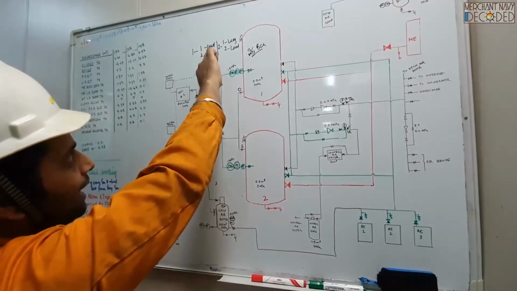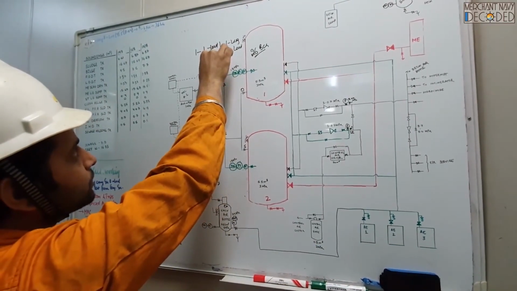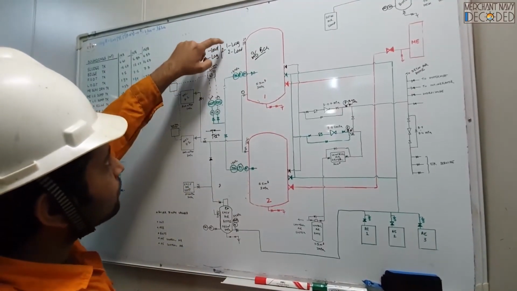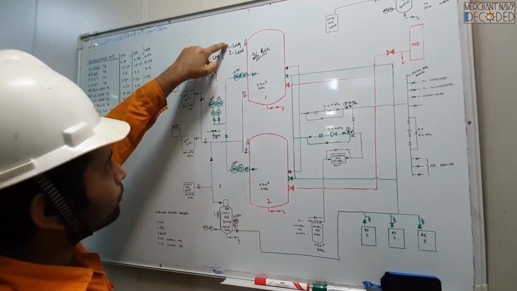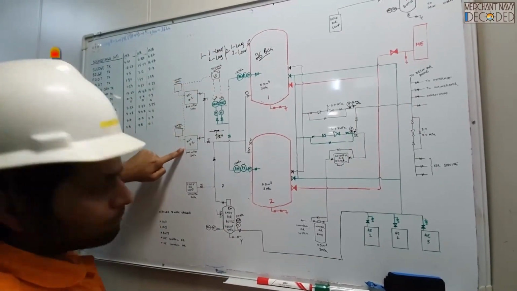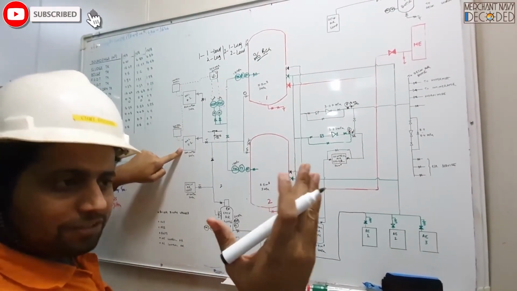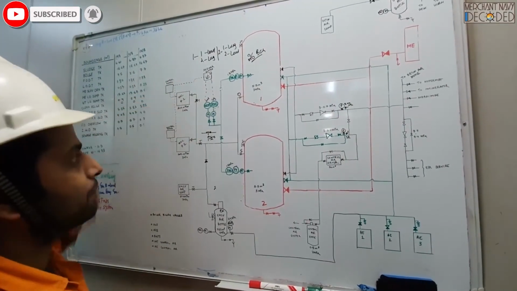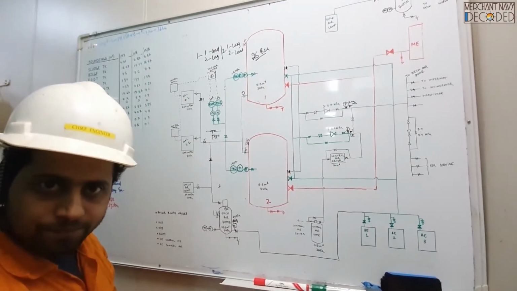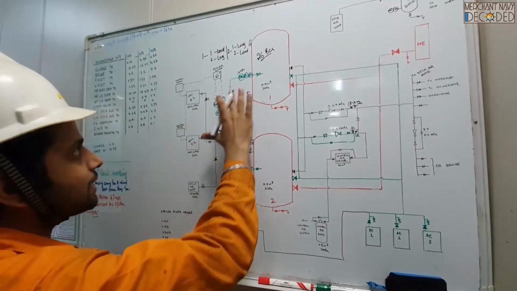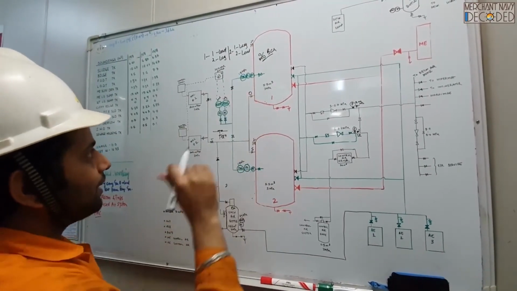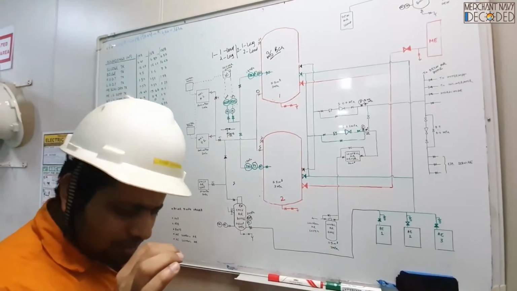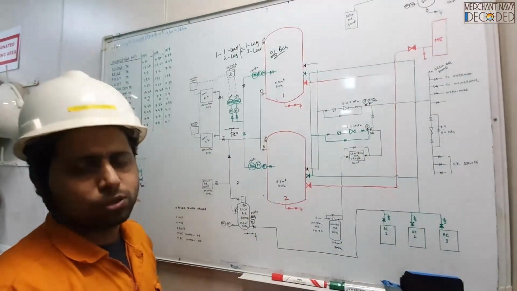So what you do is, after 1 month you change this selector switch to this one, number 2. So now number 2 is going to lead and number 1 is going to lag. So most of the time, number 2 compressor is going to start first. Even if the pressure still drops, then this is going to give the signal to the lag pressure switch over here. Copy it, guys? I hope you have understood. So this is how my lead and lag pressure switches work. And guys, it is approximately the same on all the ships.